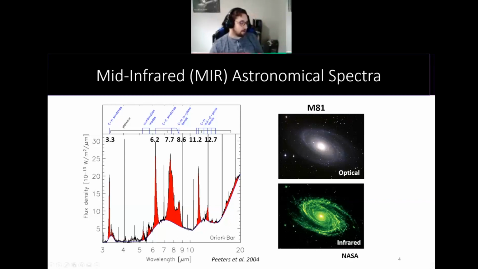And here's a spectrum of the Orion Bar, a very well-studied galactic source. These bands are typically attributed to stretching and bending modes between the carbon and hydrogen constituents of PAH molecules. These bands are perched on top of a rising dust continuum, and we also have these underlying plateaus, which are also attributed to species that are related to PAHs or aromatic in nature. I'd also like to note that the 7.7 band here can also be broken into two major components at 7.6 and 7.8.